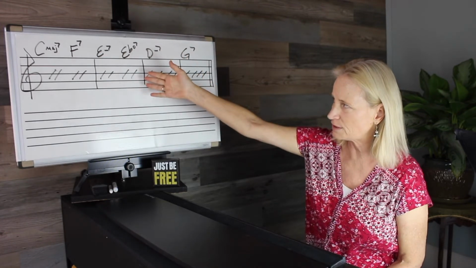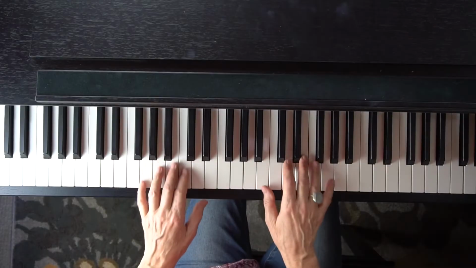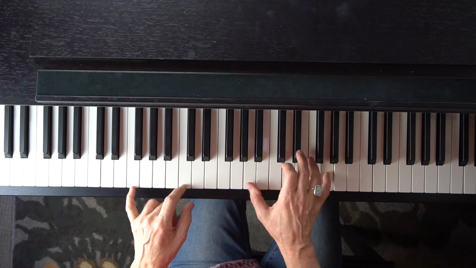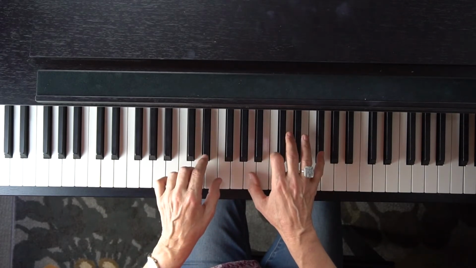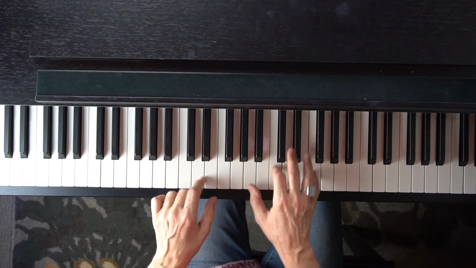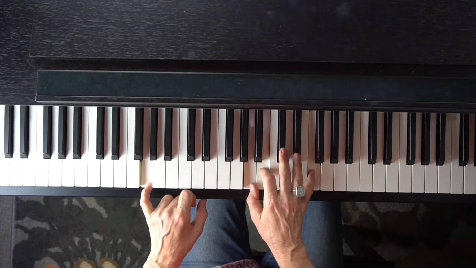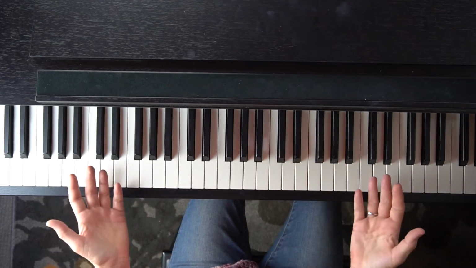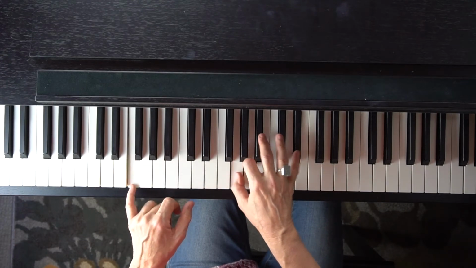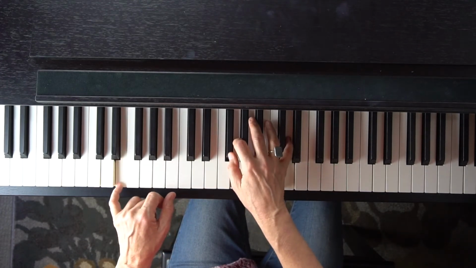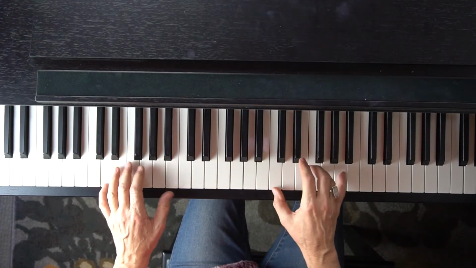All right, so let me play a couple of sets of voicings for this. I'm using this progression, and you can now look at my hands at the piano. C major 7, F dominant, E minor 7, E flat diminished, D minor 7, and G dominant 7. Okay, let me play a little small variation of that. C major 7, F dominant 7, E minor 7, E flat diminished 7,